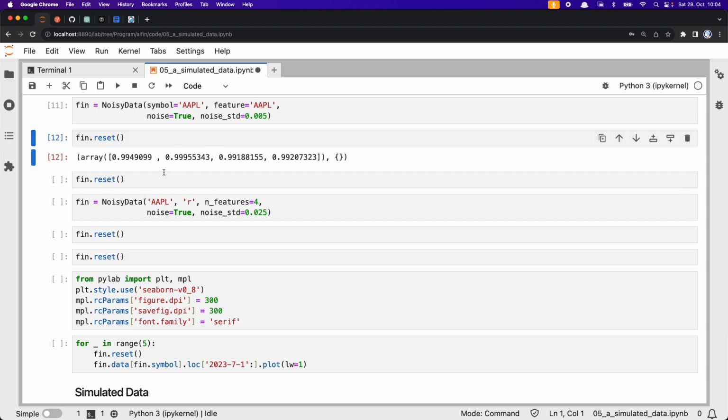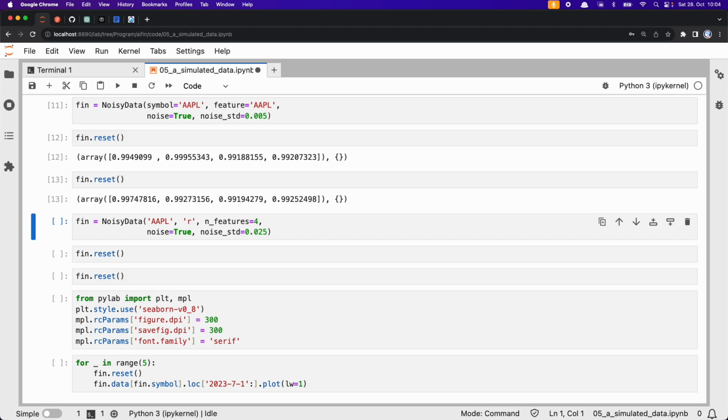These values look pretty close to 1 somehow here. When I do another reset, this is what I want to show here. They're still pretty close to 1. Whenever I do a reset now with the noise argument set to true, I get different values for all the